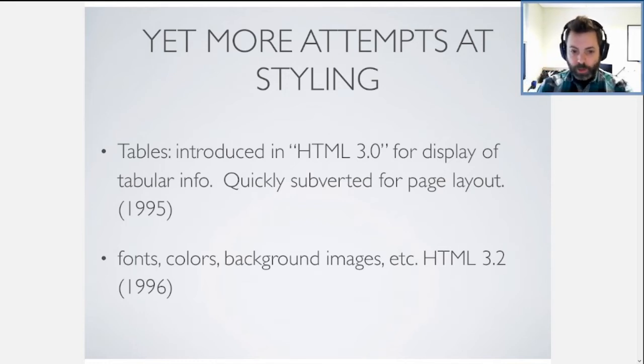So tables are brought in for HTML3, and hopefully with last week's content, you all got the feeling that tables should never, ever be used for layout. They were, however, used for layout for the longest time. Again, 1995, tables quickly subverted for page layout. And why is that? Well, they're very nice and easy to lay out content. If I want a column for my navigation and a main section for my content, and maybe a header and a footer, I could just whip this up in Excel